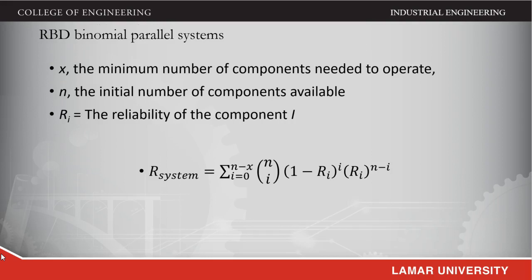When we have systems in parallel, we could also have a different arrangement or architecture in which it may not be sufficient to have only one, but we need at least a certain number of these components working in order for the system to perform in the way that we want it. So if we denote x as the minimum number of components that are needed to operate properly in order for the system to operate properly, and n is the initial number of components available in the structure of these parallel